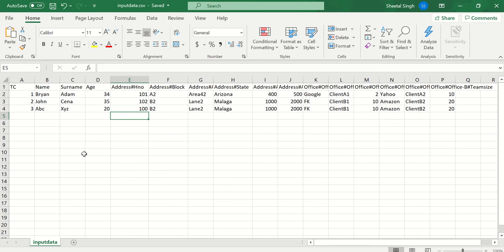I hope, friends, you like this. This is a bit difficult. I don't know if I am able to explain in simple words or not, but try to watch the video again and again. I will give you the code. Go through the code slowly and just see. Just understand the concept. No need to go through the code also. Just try to understand the concept, and you can apply the same concept in your problem statements.